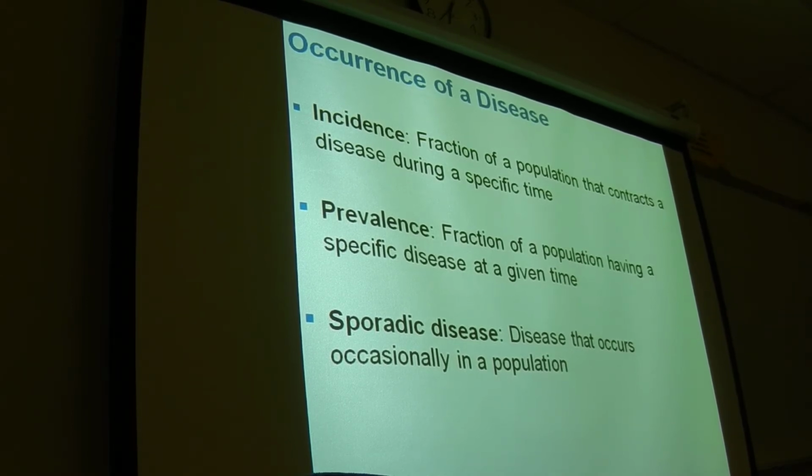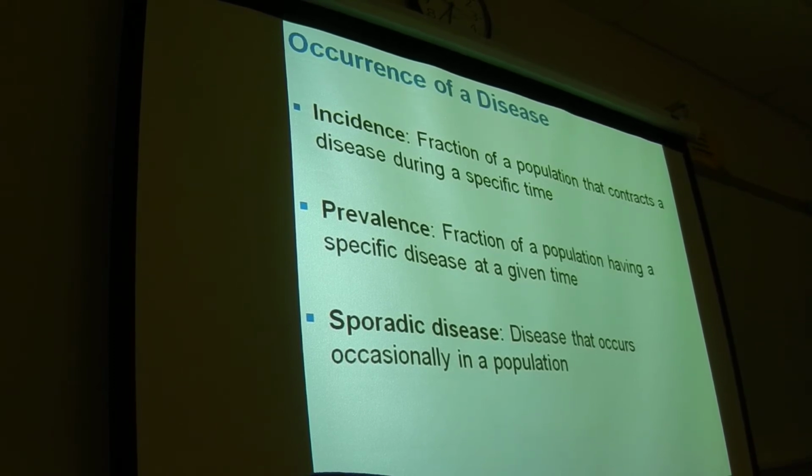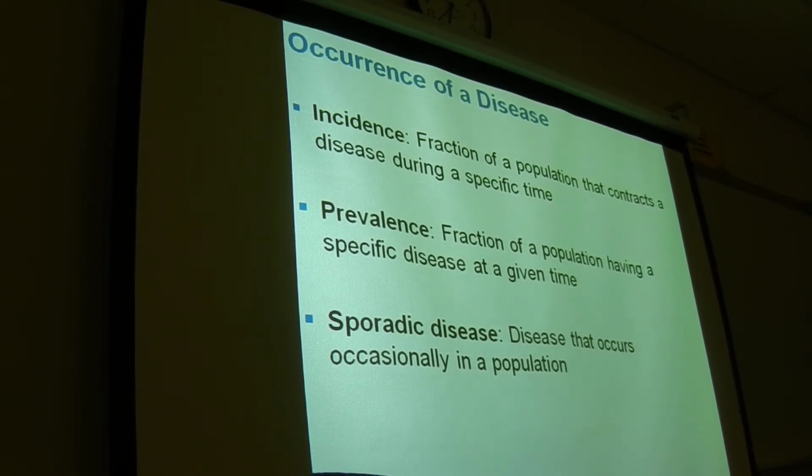The prevalence is how many people have that disease right now, or how many people had that disease on February 27th. So at a specific point in time, how many people in the country or in the world have that disease? That's prevalence. Whereas again, incidence is over the last year, how many people contracted HIV. Again, incidence, how many people got the disease in a certain amount of time. Prevalence, how many people have that disease at a given time. So 1 million people contracted HIV in the last year is incidence. Right now in the world, 10 million people are HIV positive. That's prevalence.